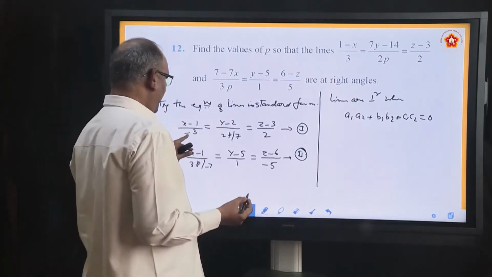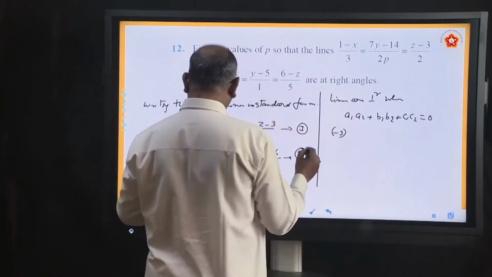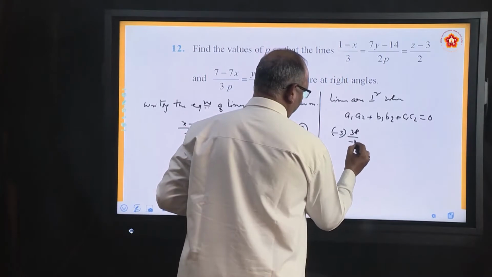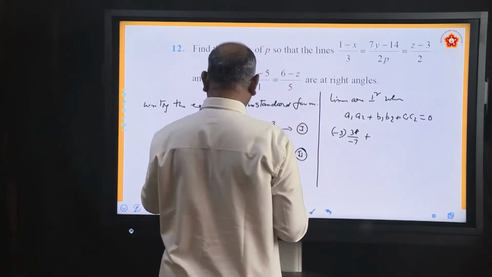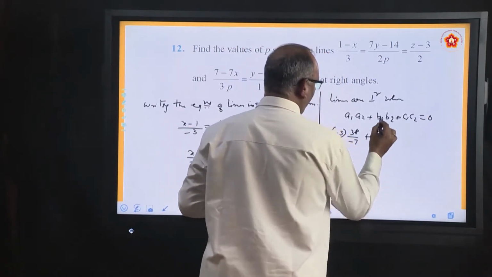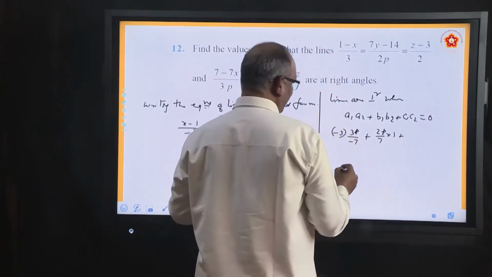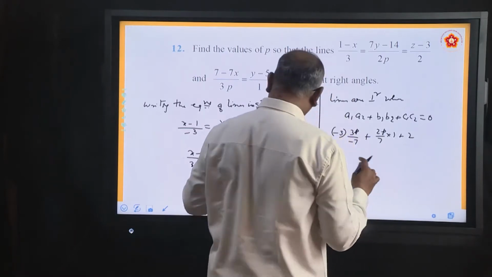So substitute, A1 is minus 3, A2 is 3p by minus 7, plus B1 B2, B1 is 2p by 7, B2 is 1, plus C1 is 2 into minus 5,